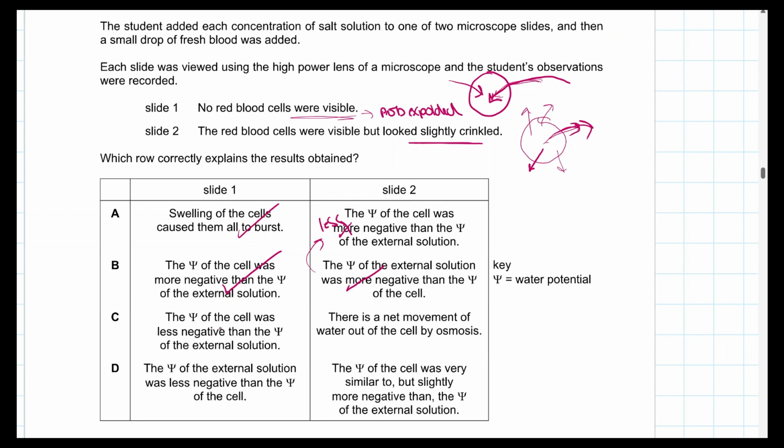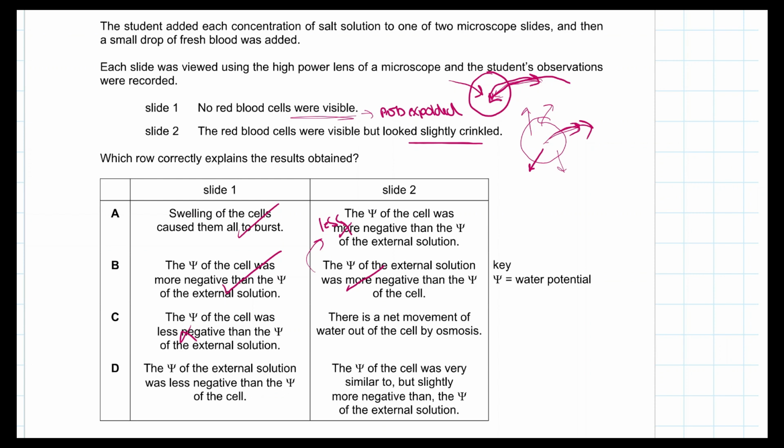For C, the water potential of the cell was less negative. Now, this is incorrect. If the water potential of the cell in 1 was less negative than the external solution, this means that the water would end up leaving the red blood cell, not going inside in slide 1. Therefore, this is incorrect. For D, the water potential of the external solution was less negative than the water potential of the